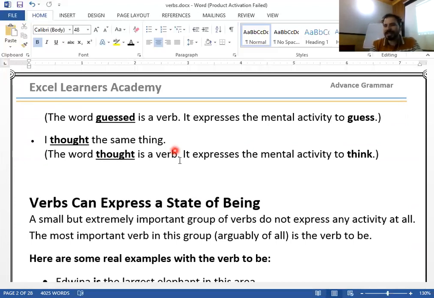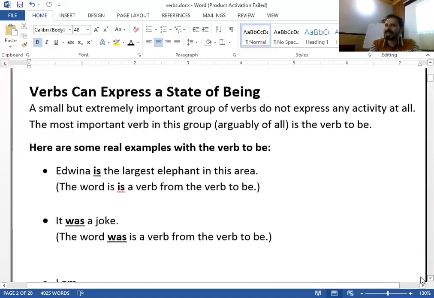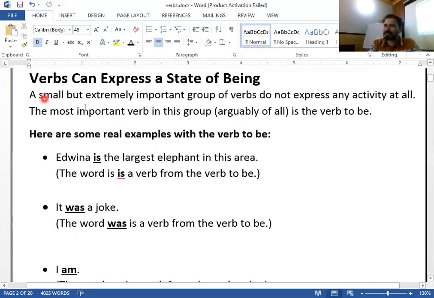Now the third one, as I said, verbs show us what? Verbs can express a state of what? A state of being. The third thing. Like for example, a small but extremely important group of words do not express any activity at all. The most important word player in this group, arguably of all, is the verb to be. For example,